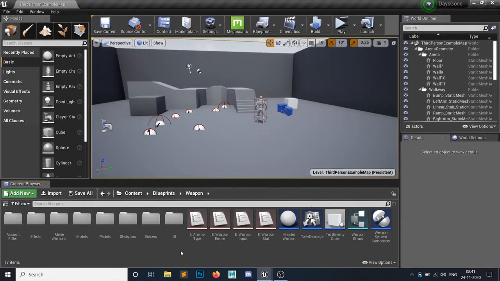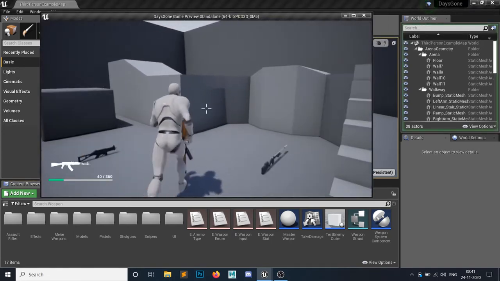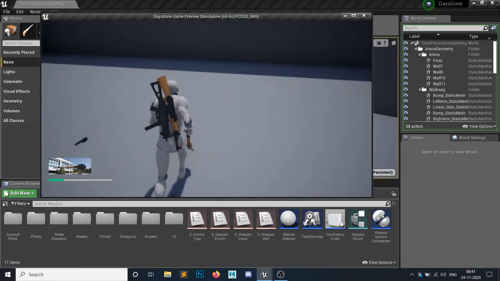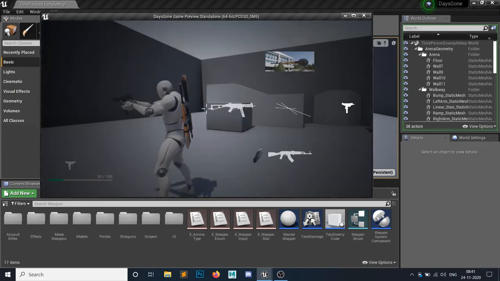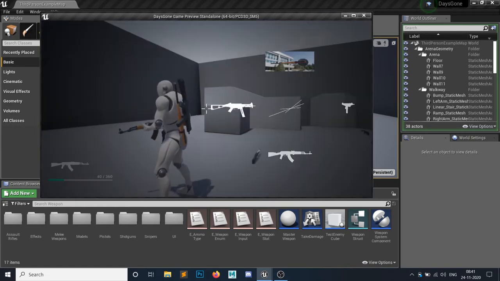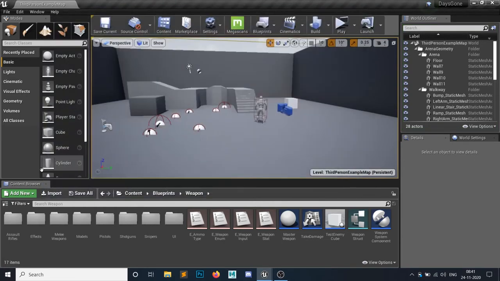Hello everyone and welcome to the Unreal Engine 4 tutorial series on how to make a third-person shooter gun system. Last time we left off doing this part. So yeah, we can equip more than 2 guns, and as you can see, I can open up the weapon wheel and equip whatever gun I like. Also I can sheath it. Alright, in this video we will do the ammo pickups.